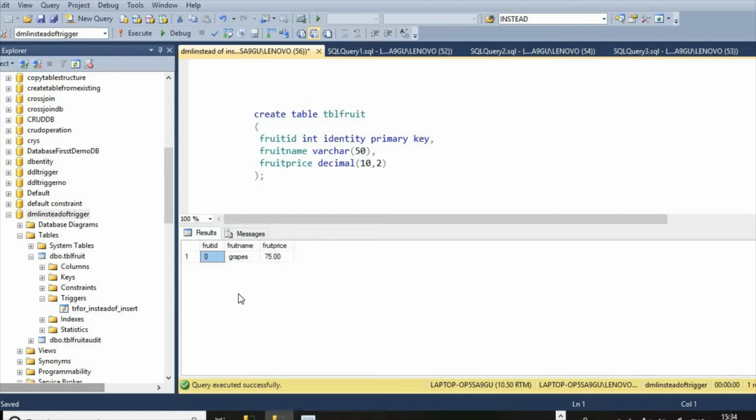We have seen in the case of after insert trigger, the id of the inserted record in the TBL fruit table and the id in the inserted magic table were the same, but here there was no insertion of a record in the TBL fruit table, so the id is 0 for the record in the inserted table.